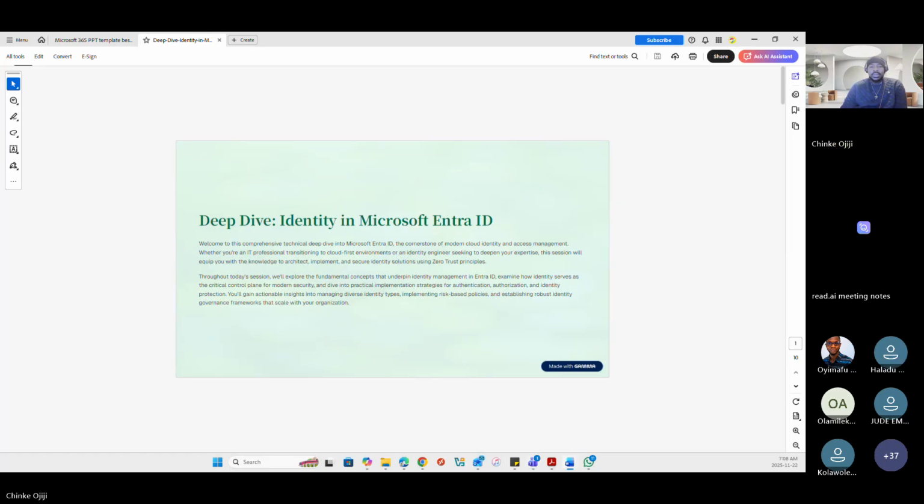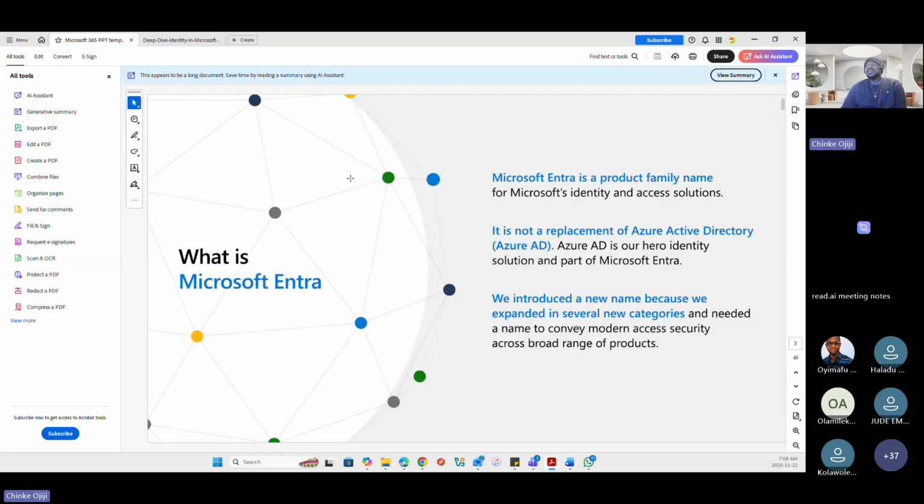So first, I'll set the stage by defining key identity concepts. Then we'll talk about zero trust. And also, before I even go into that, I would like to give a brief on Microsoft Entra because that's what we're using, right?